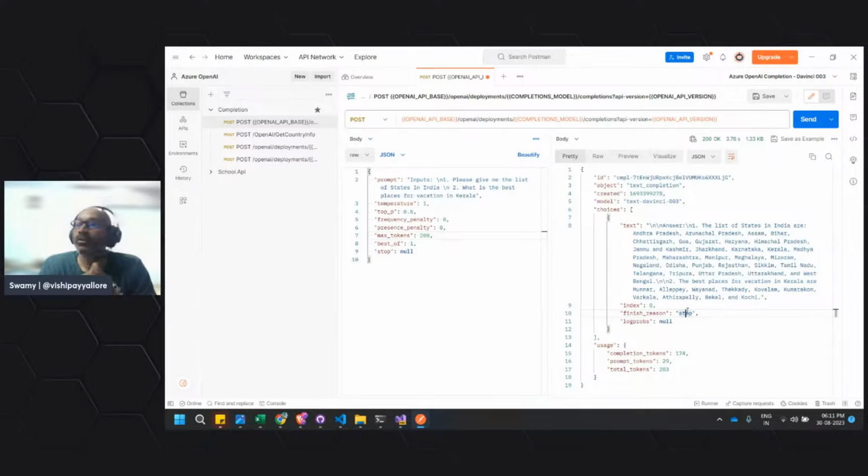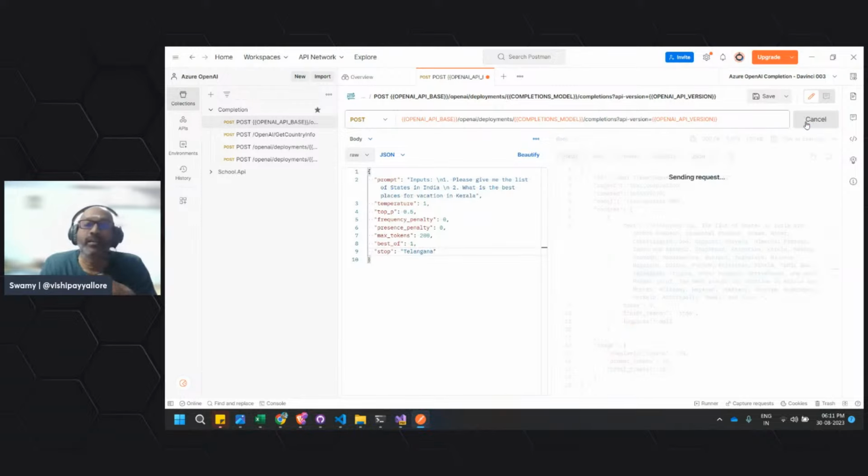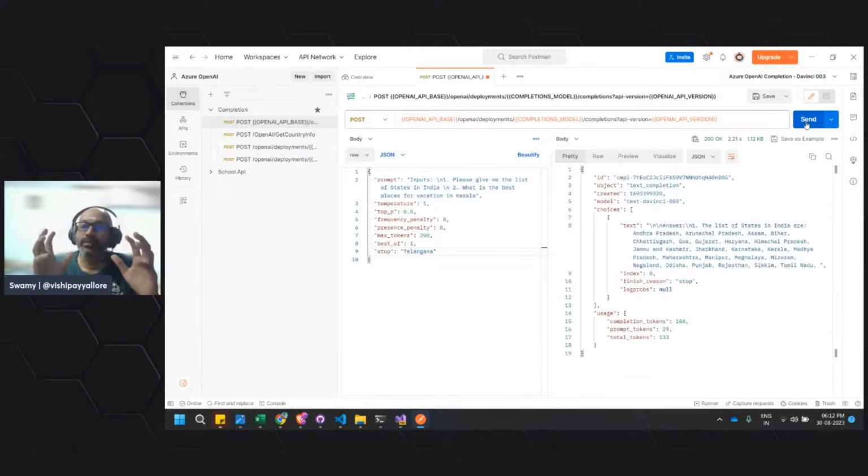The prompt engineering is, you should know how to stop. Suppose I want to stop as soon as I find Telangana, I can specify that here and hit.